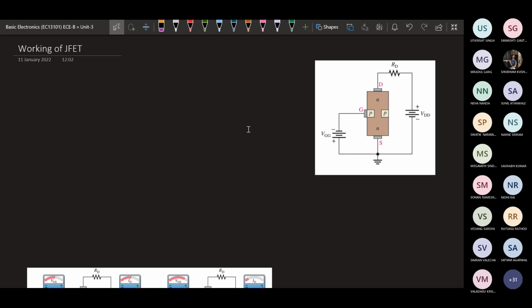Okay, thank you. So in the previous class, we have gone through the introduction to FETs. What are the different types of FETs and how